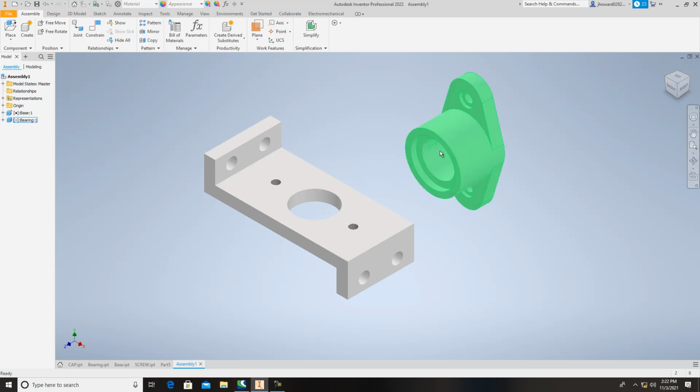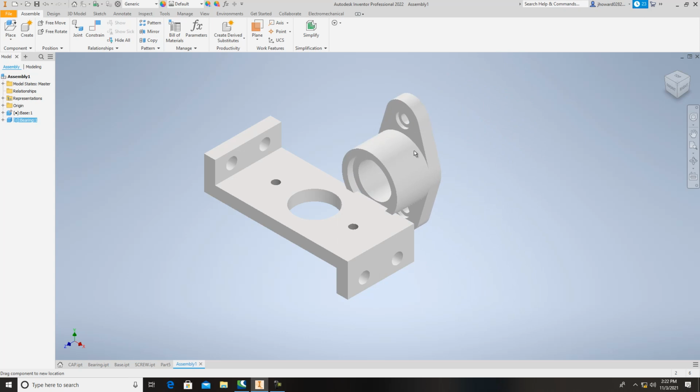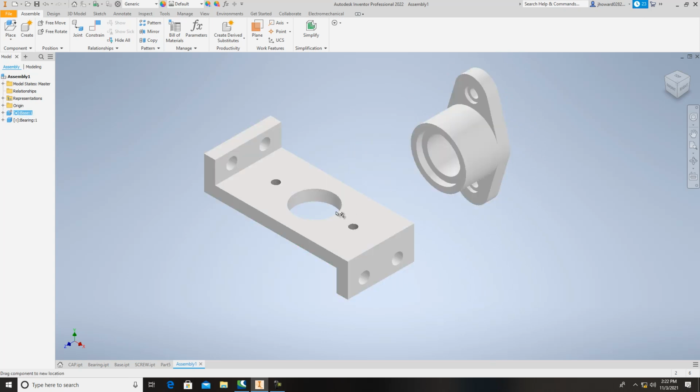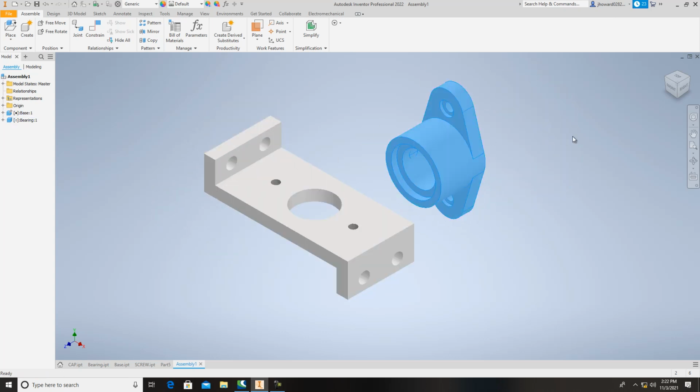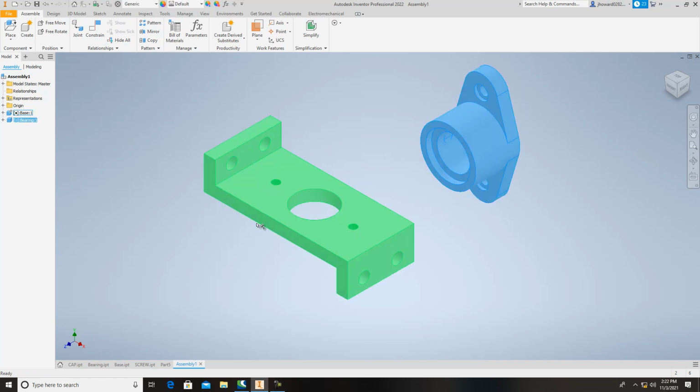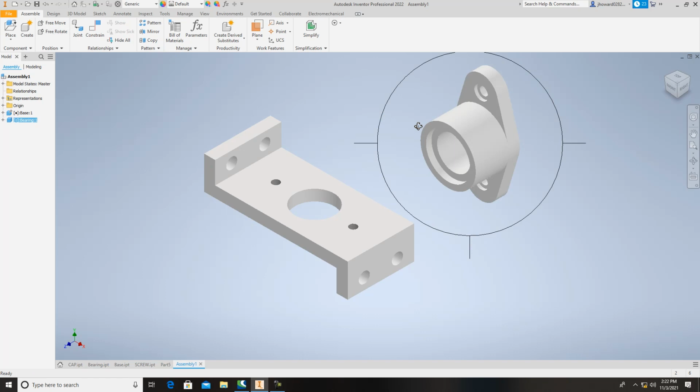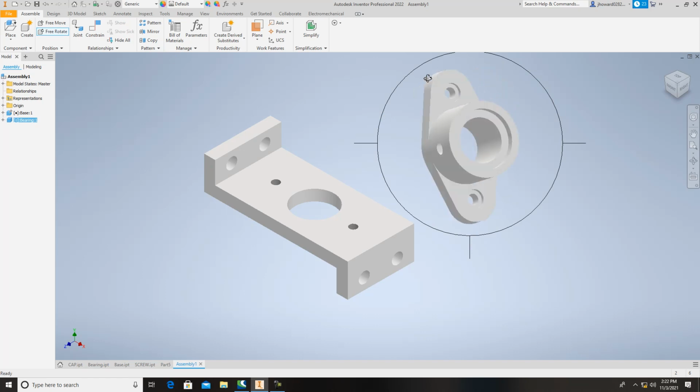Sometimes you have to use your work planes to be able to join components together, and I'll show you more about that. But you can see here, see how I'm trying to grab this one, and you see the little pin on my cursor pop up. This one I can grab and I can move it. This one is grounded. This one is not. Now I don't want this one grounded because I want to attach it to this. The best way to do this, and you've got position, I like to free rotate this and get it kind of in alignment